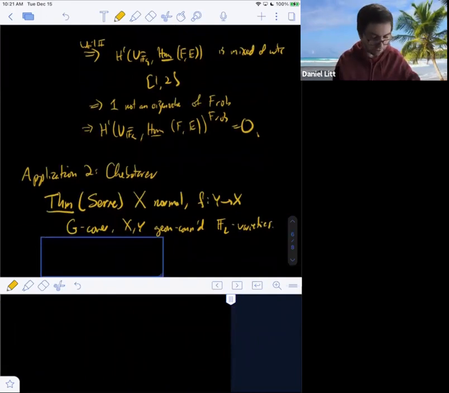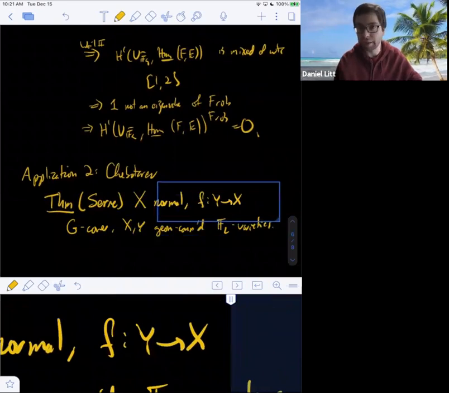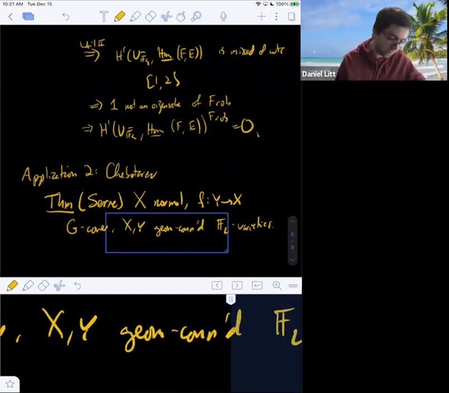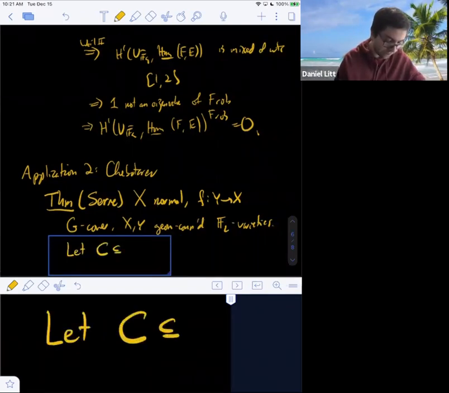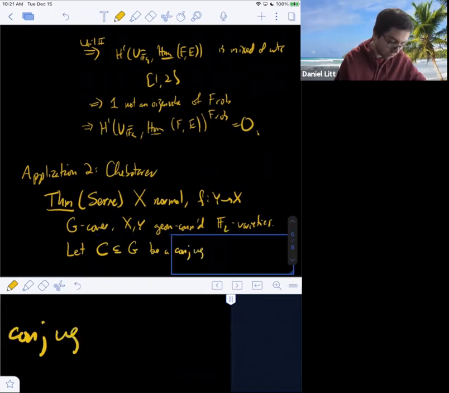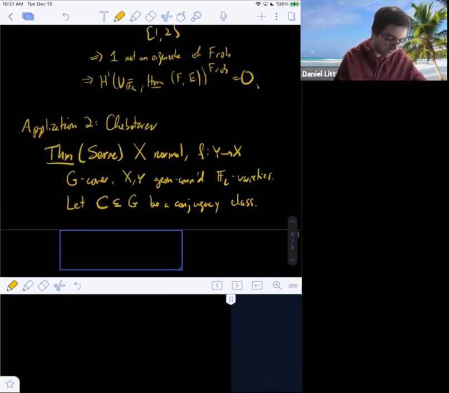Okay, so let me just say a word about what I mean by G-cover. What I mean is that f: Y to X is finite étale with Galois group G. So in other words, it corresponds to a surjective homomorphism from pi_1 of X to G. So let C inside of G be a conjugacy class. So then the theorem